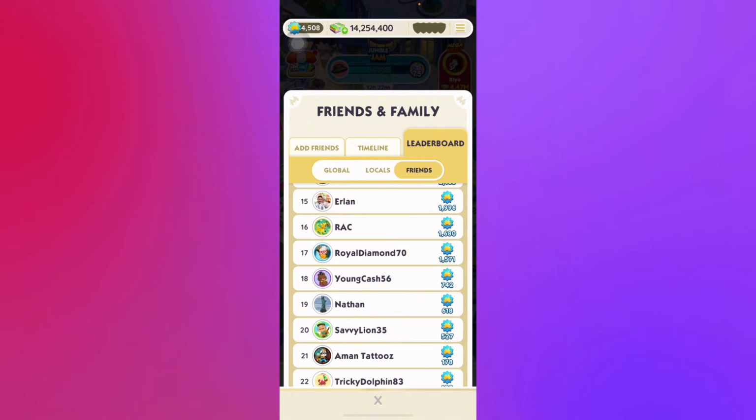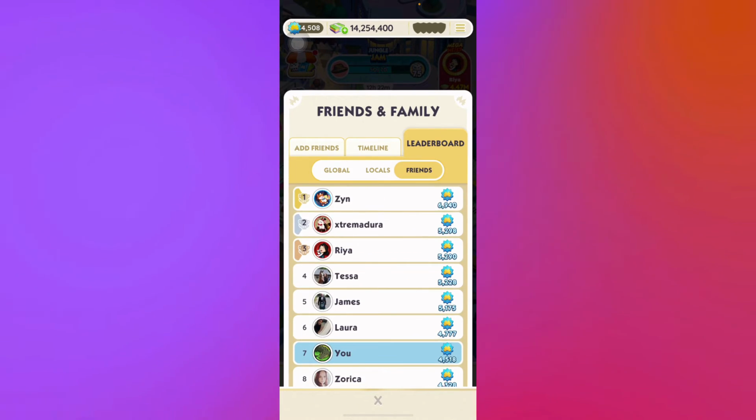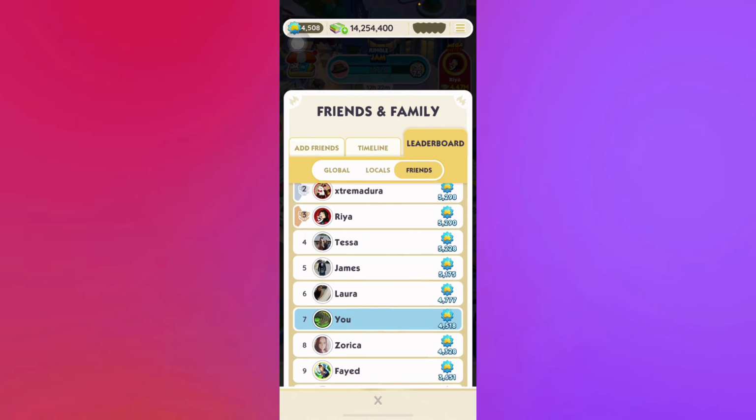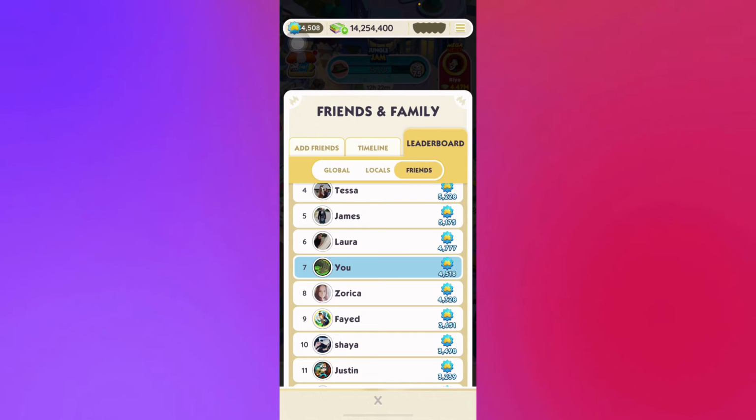Unfortunately, there is no such thing as a block feature here in Monopoly Go, but there's an unfriend feature, which is pretty useful too, and it serves as a block button. And basically, you can block people by just pressing their icon and tapping remove. So basically, right here, we will see all my friends. I can remove them instantly, and they won't be notified, and they won't be in the friends list anymore, and